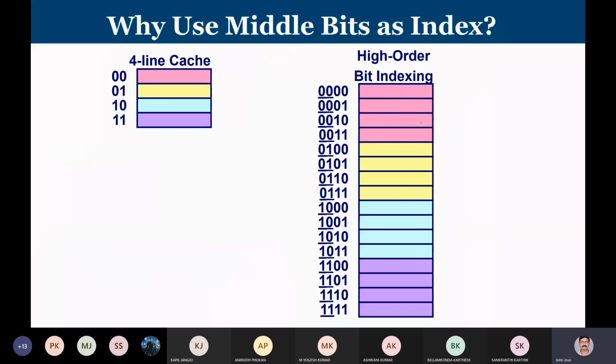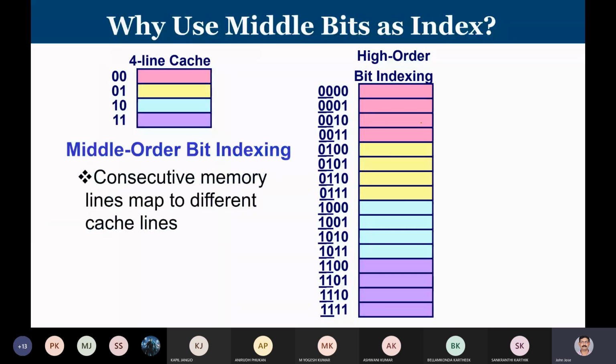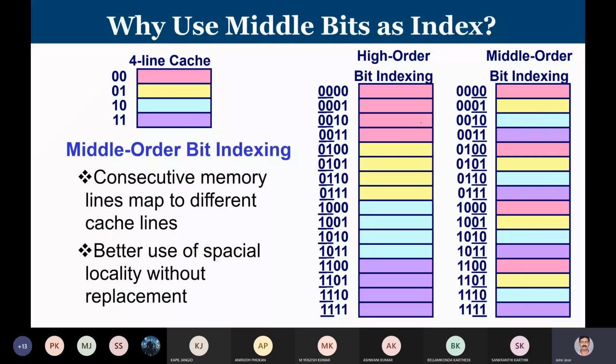Whereas if I use lower bits for addressing and the middle bits for indexing into it, consecutive memory lines are mapped to different lines. The last 2 bits, 0 0, 0 1, 1 0, and 1 1, they will go to 4 different locations. So only these are the lines that are mapped into the same location in cache. So adjacent locations are mapped differently. So when I go with the program, normally the program is moving linearly from here to here.